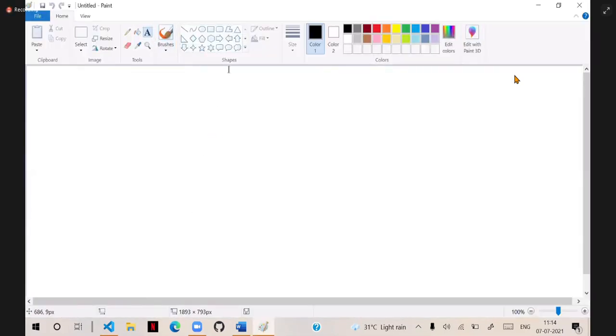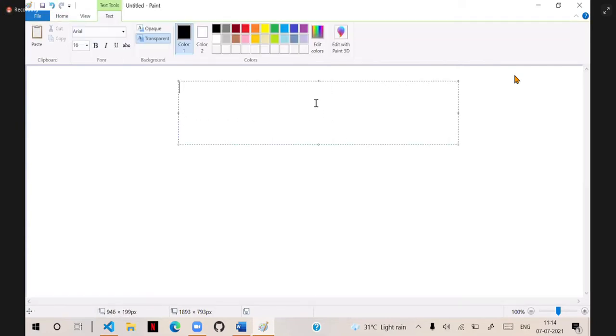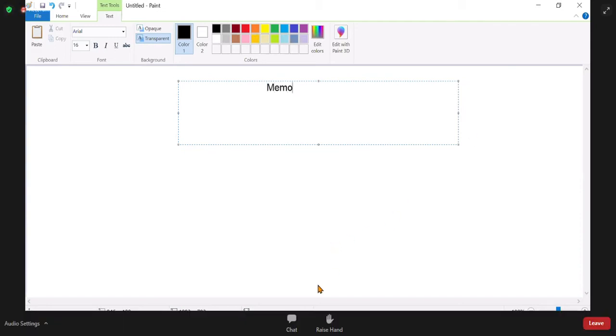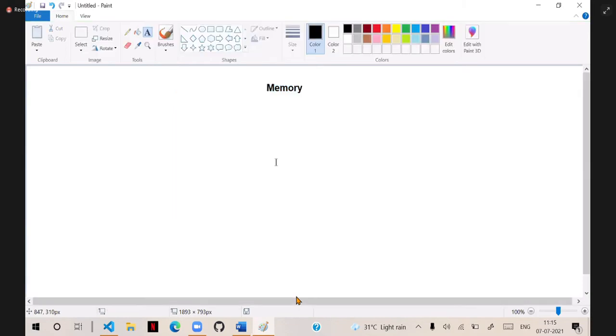See, actually, the terms static and dynamic are related to memory.